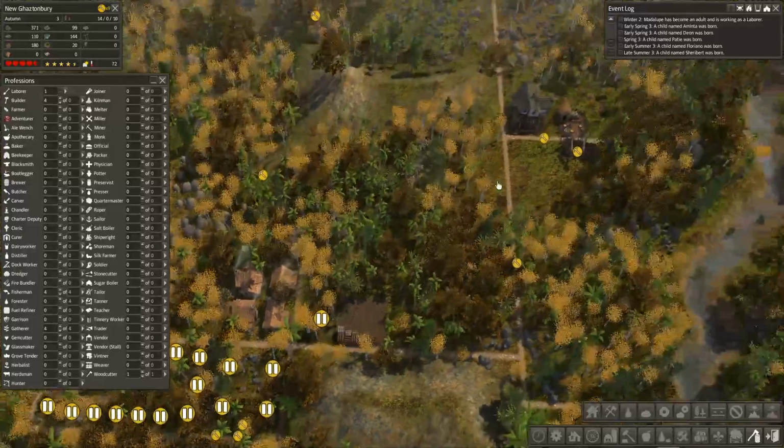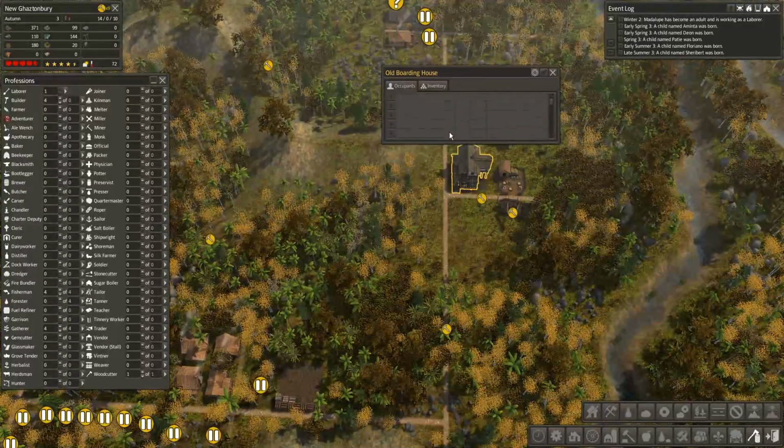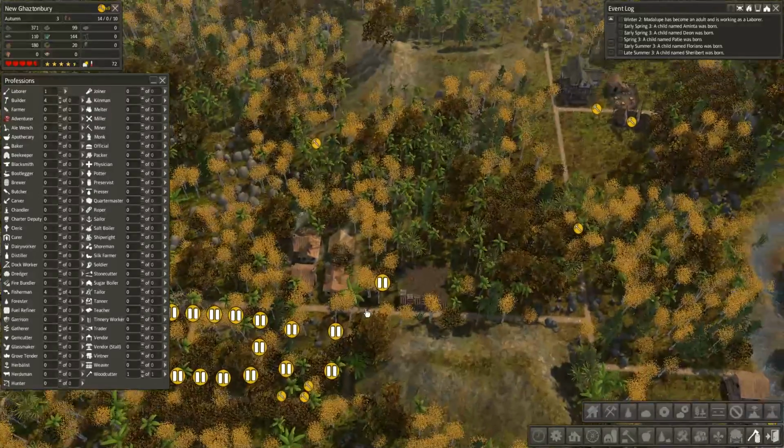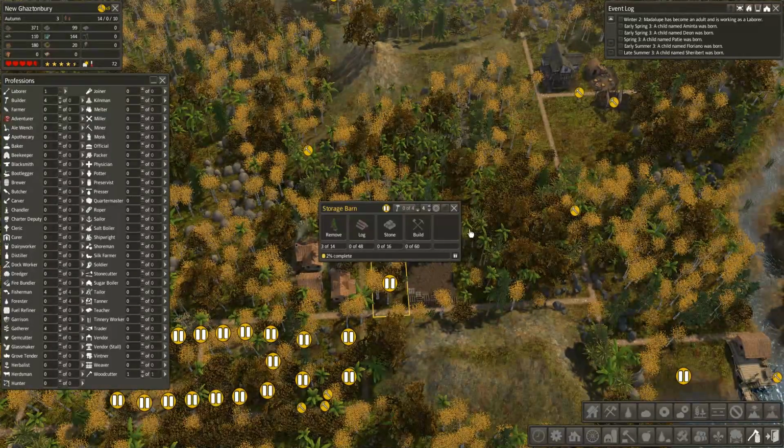Okay, so we got 4 families. There still should be a number in here. I think we started out with 6. Could make some more. I don't want to do that just yet. Let's start on the...